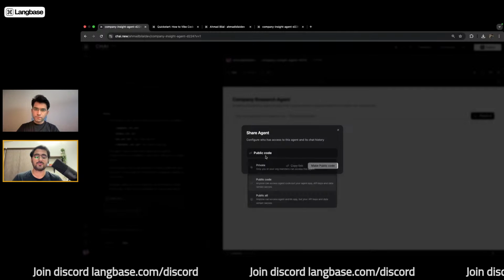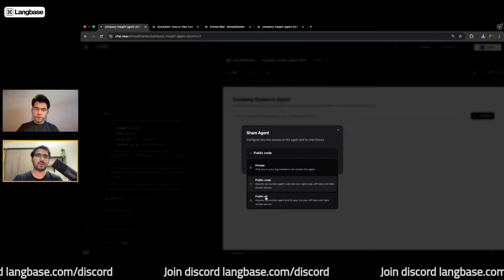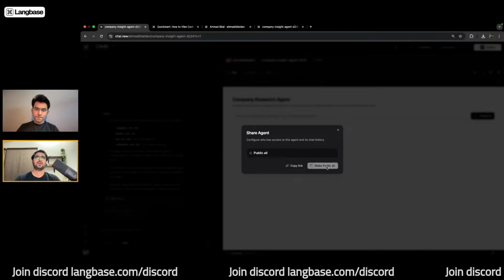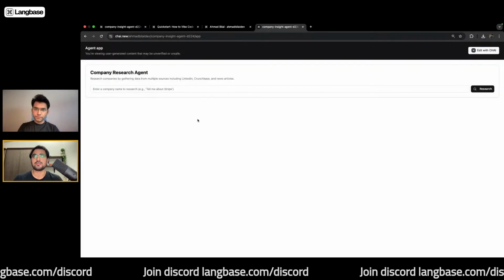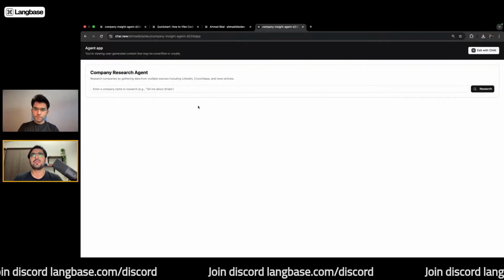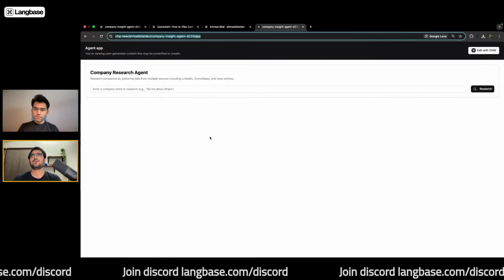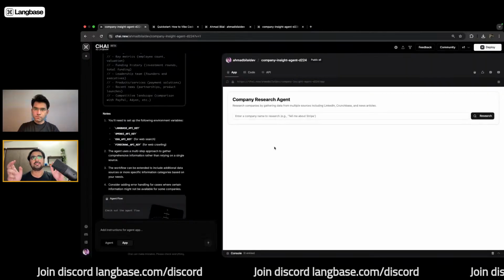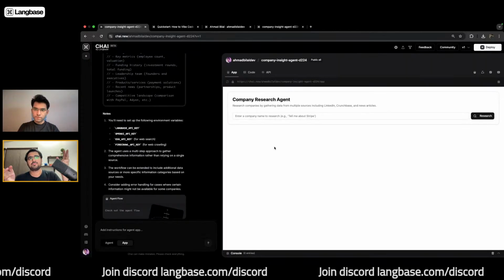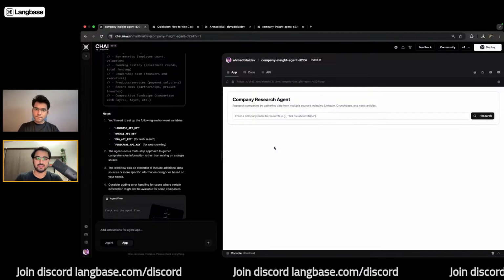And if I want to share the application as well, you can do public all and make it public. And now this URL which we opened here is going to be public. So you can share this with anyone. They can start using your agent, and there you go. In minutes, you have a production-ready agent with its live application that you can instantly share with people.